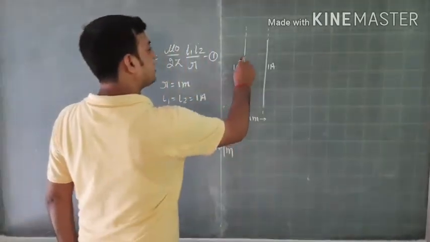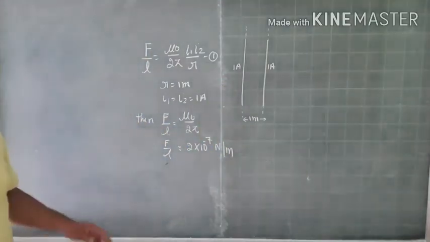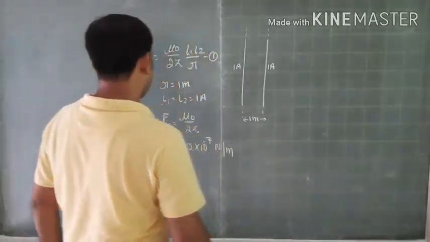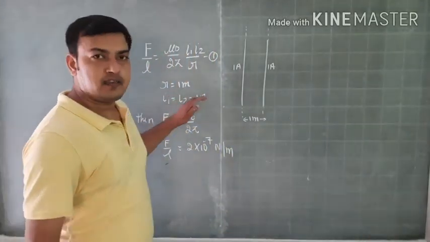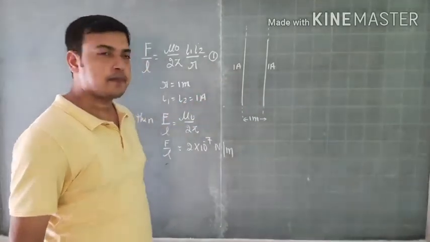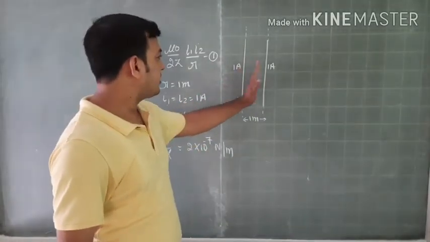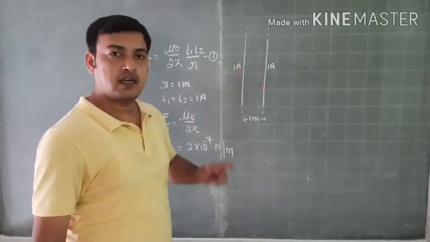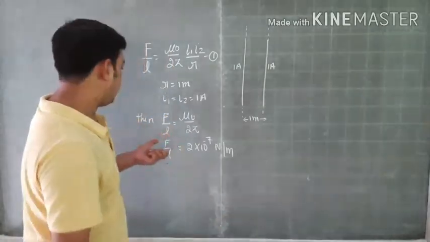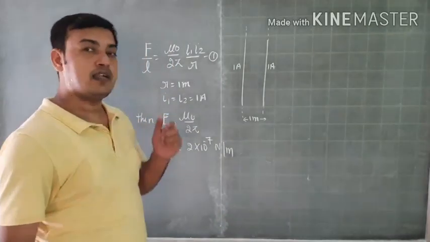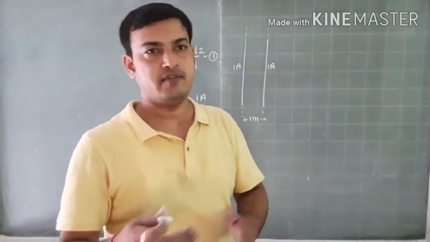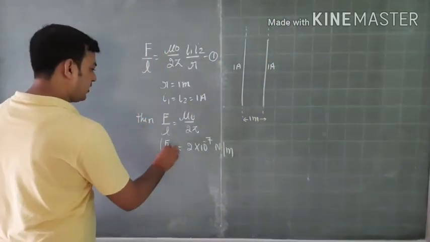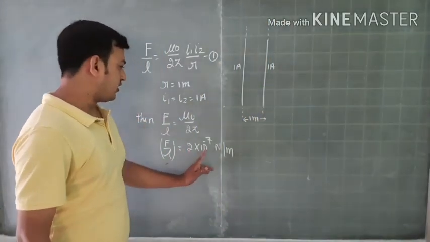Now if the currents are in the same direction, then they will attract each other. If the currents are in the opposite directions, the wires will repel each other. It means that we can define the 1 ampere current from this situation: when the two wires are separated by a distance of 1 meter, and if 1 ampere current flows on each wire, then the force of attraction or repulsion, because it is not known whether the currents are in the same direction or in the opposite direction, the force per unit length will be 2 into 10 raised to power minus 7